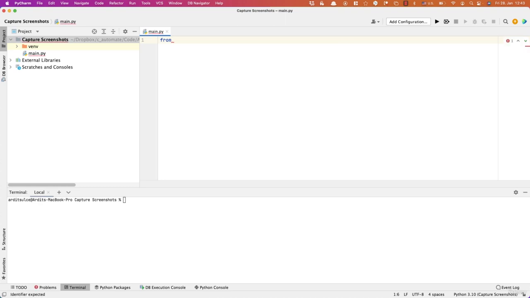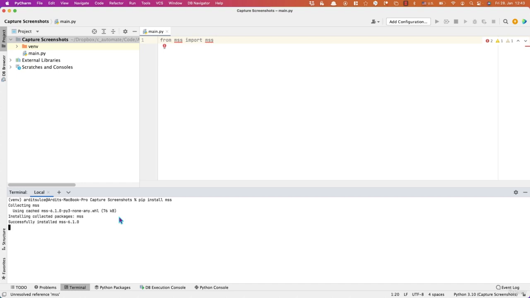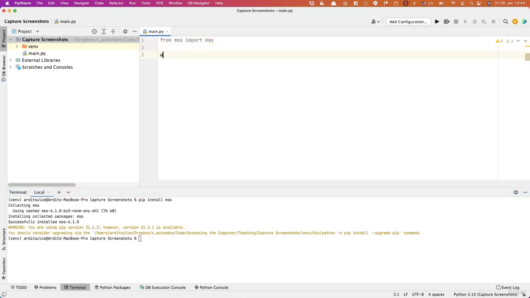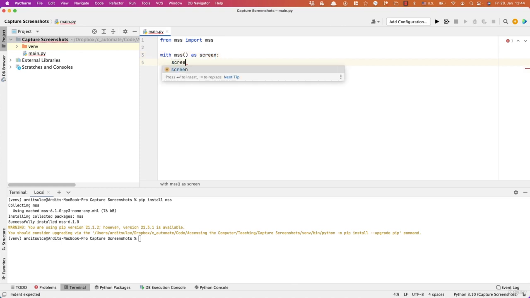So all you have to do is from mss import mss. So mss is a third-party Python library which you need to install from the terminal with pip install mss. Then all you have to do is open a with context manager and say with mss(), so that function as screen. So this is just a variable, you can write whatever you like, and then that variable dot shot